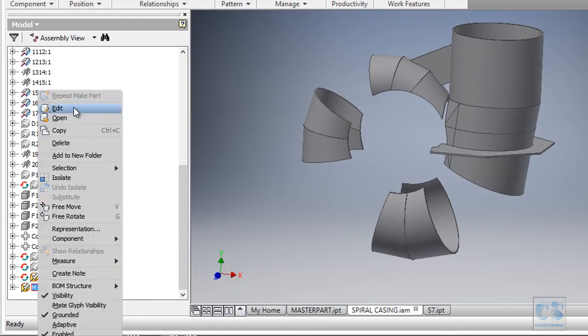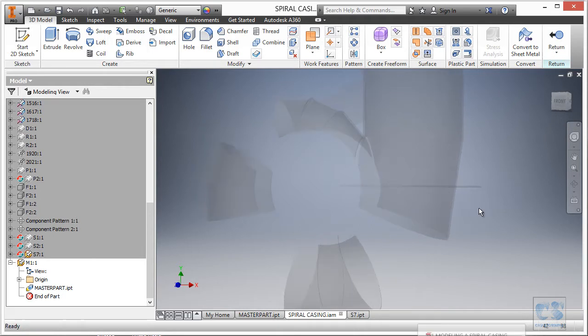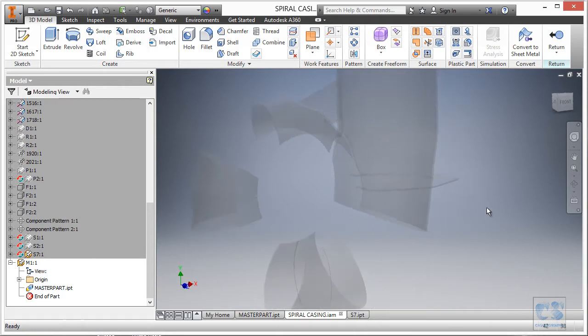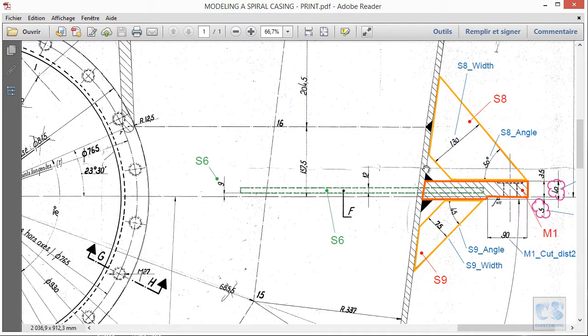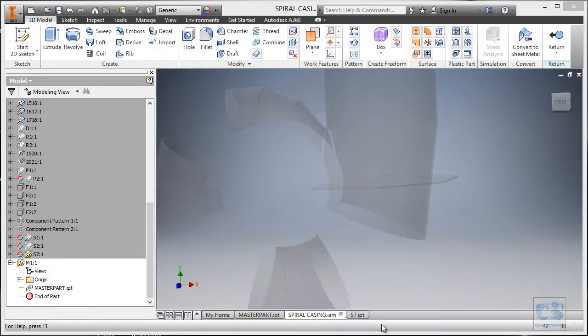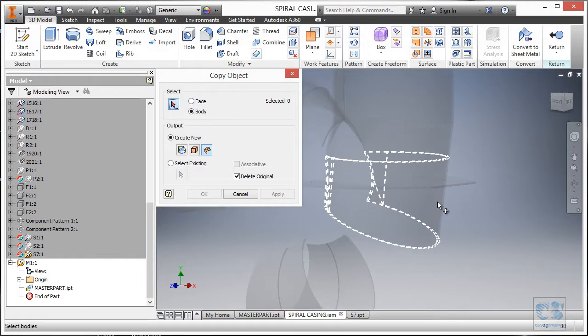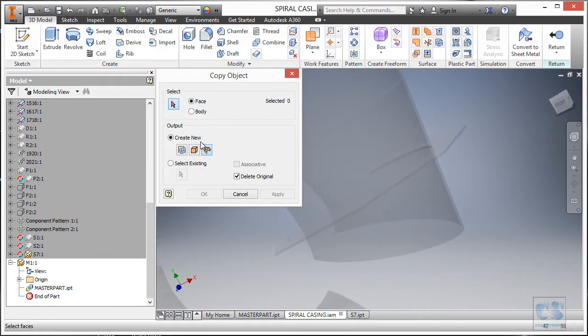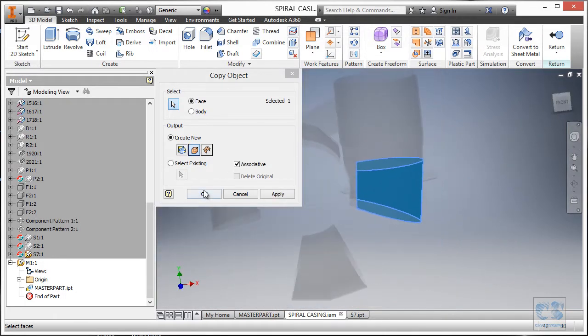So now edit the part, and the first thing we are going to do is to copy the geometry we will need as reference. So we will need the stiffener, but we are not going to copy it right now. We will only copy this surface from the sheet metal component 15 to 16. Okay, so object, copy object, this, and we want to make sure we are copying a face, then this surface.